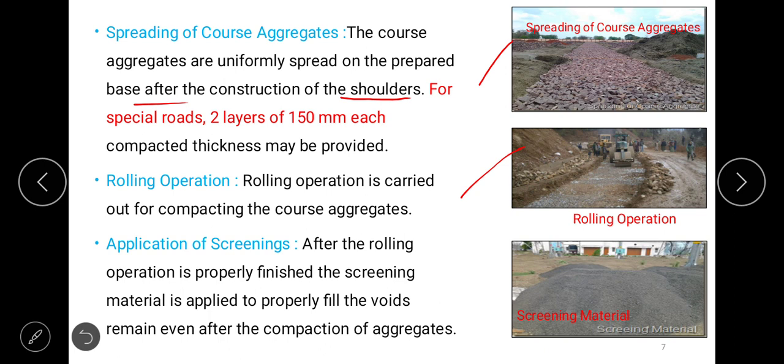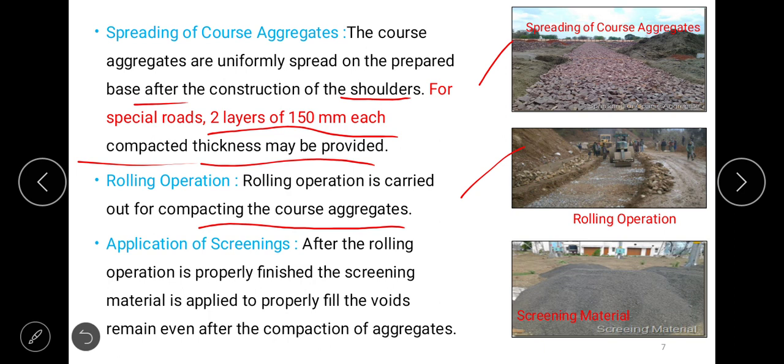For special roads, 2 layers of 150 mm each is compacted, thickness may be provided. Rolling operation then. Rolling operation is carried out for compacting the coarse aggregates using already mentioned 6 to 8 tons rollers. Smooth wheel roller, of course.